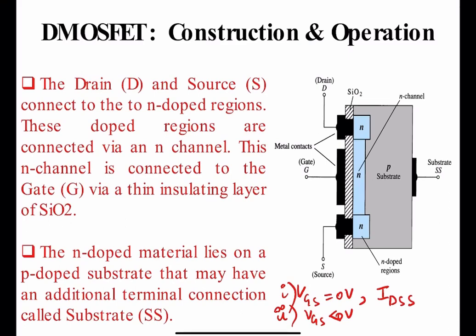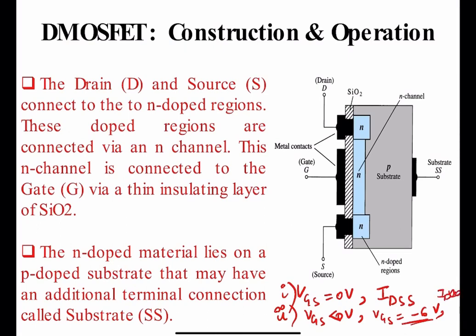At some value of VGS, for example VGS equal to minus 6 volt, pinch off takes place, that is, drain current reduces to 0, because all of the free electrons recombine with the holes and no more electrons are available for conduction between source and drain. We can say drain current reduces to 0 at that value of VGS, for example VGS equal to minus 6 as we had taken.